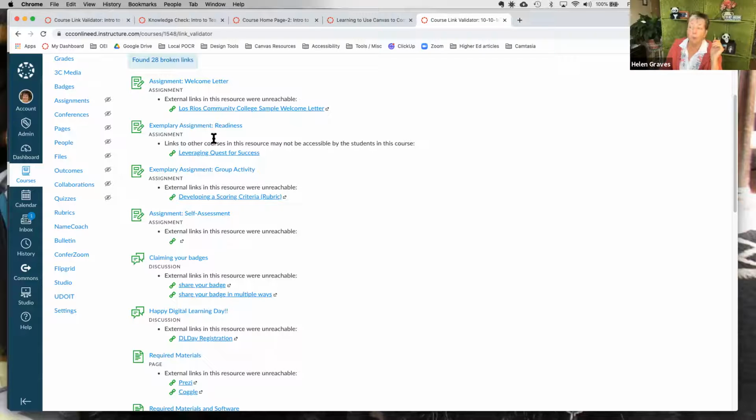So that's often what's going on when you get the message links to other courses. You will see the image because you're in both the current course shell and the previous one where the image is living. But your students are only enrolled in the current course shell. So they're not going to see the image. So it's really good that the link validator tells you this is what's going on. And all you have to do is go to the proper page in this course shell and then import the image into this course shell so that then the link will no longer be broken.